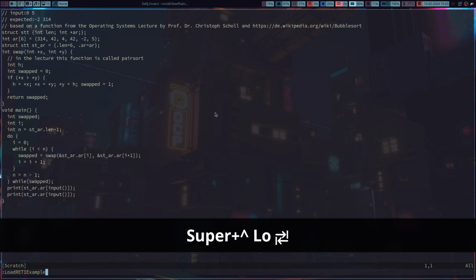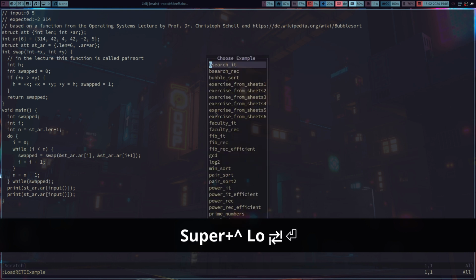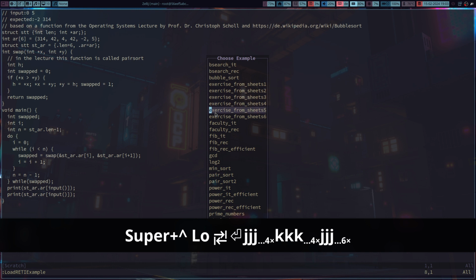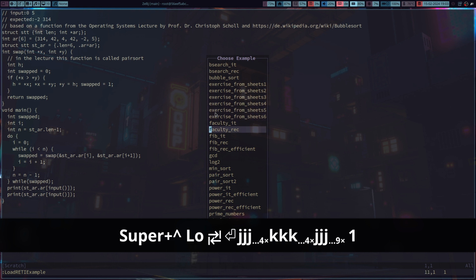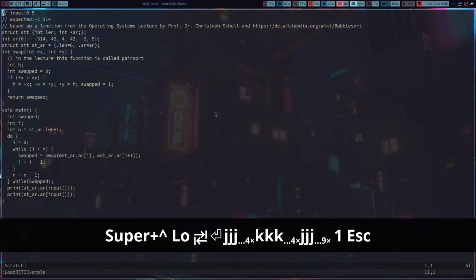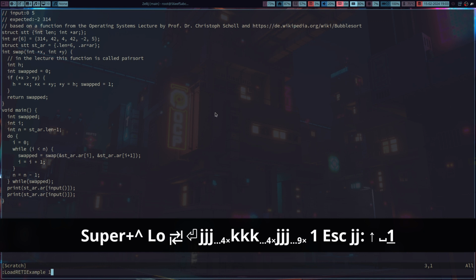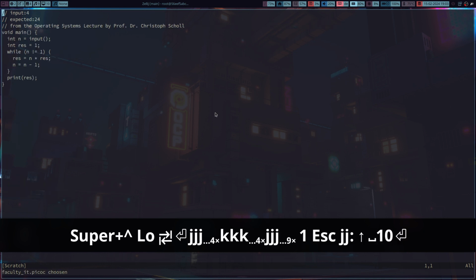Load RETI example. I can also provide a number here. If I don't provide the number, I just get this menu. 1, 2, 3, 4, 5, 6, 7, 8, 9, 10. And if I don't want to have this menu, I can just,